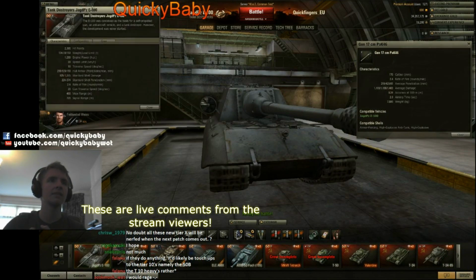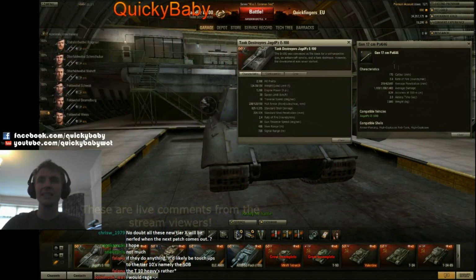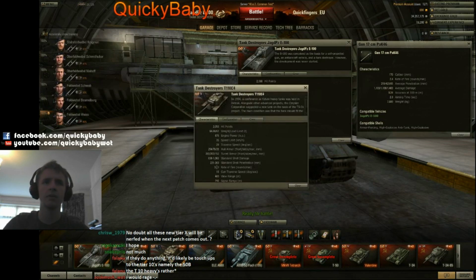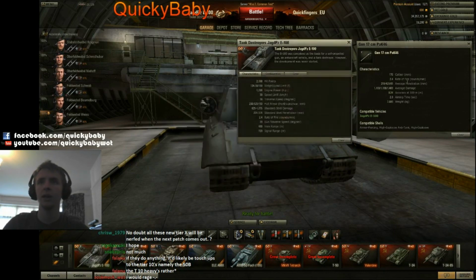So it has a 17 centimeter cannon on it. It's got a rate of fire of 2.4 a minute, which, although that sounds quite low, that's not ridiculously low when you consider that, let's look at our T110E4. Its rate of fire is 3.13 on a T110E4, and that has an average damage of 850, whereas this